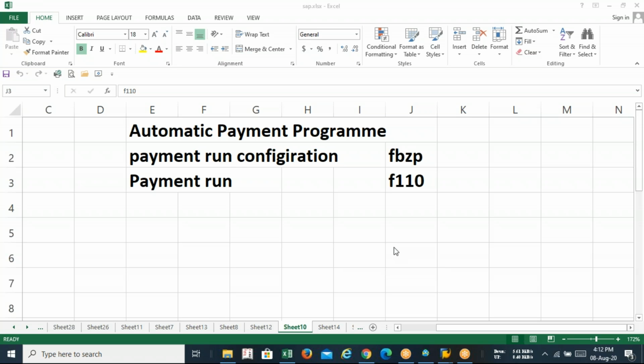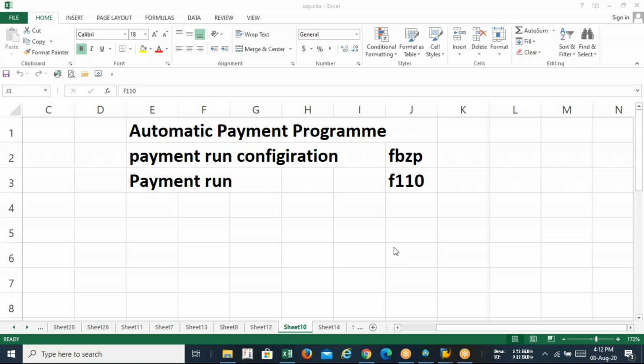Okay, remember one thing, along with our accounts payable submodule, we are doing bank master also. I think you guys remember that before doing the payment, we configured the house bank, bank key, and so on. Right now we are doing the same with the bank, because automatic payment is a part of the bank master. This is not a part of accounts payable; it's a part of the bank master configuration. And cash journal is also a part of the bank master. We have seen that in the last class.